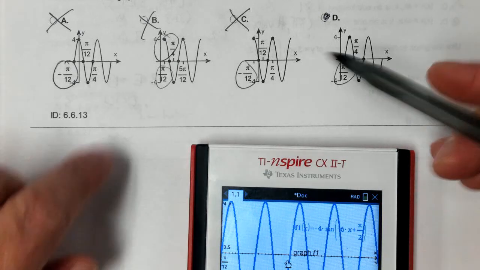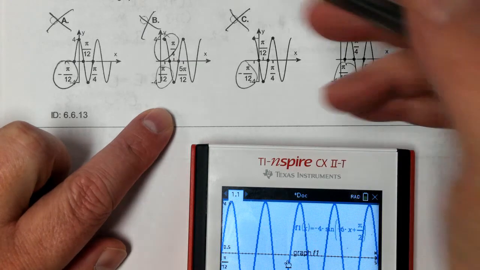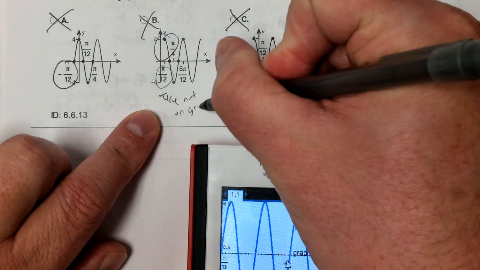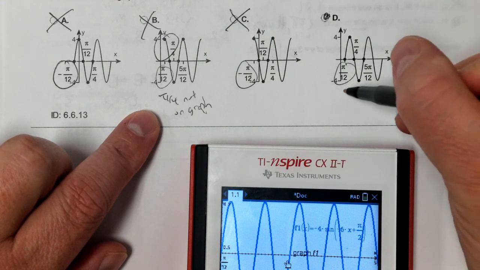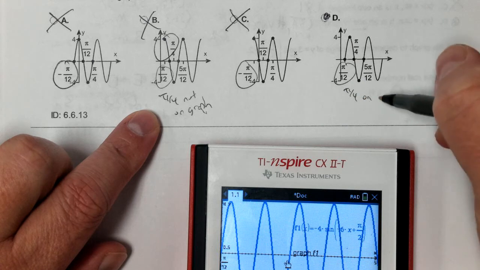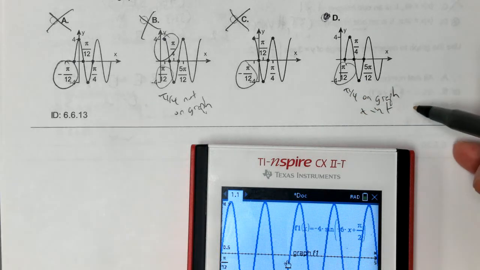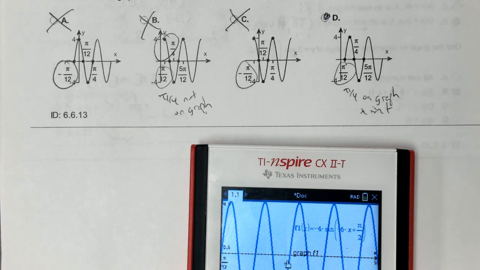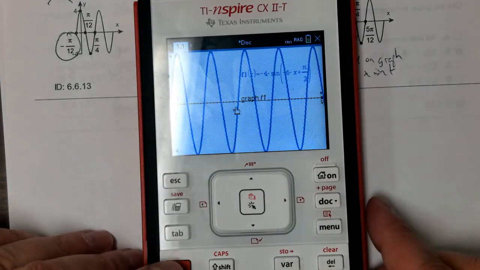So if you're really stuck, notice pi over 4 on this one doesn't go through the graph. But this one is on the graph, and it's an x-intercept. So if you really wanted to, you could look in your table and see about pi over 4. Like this, Control T,